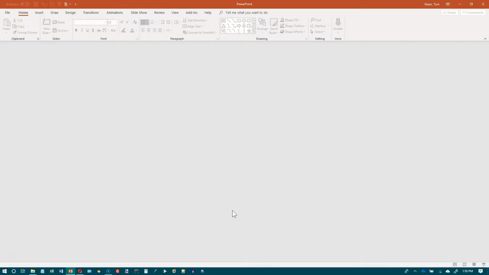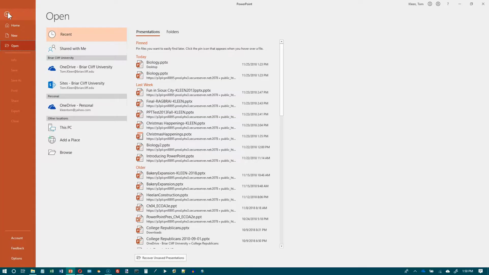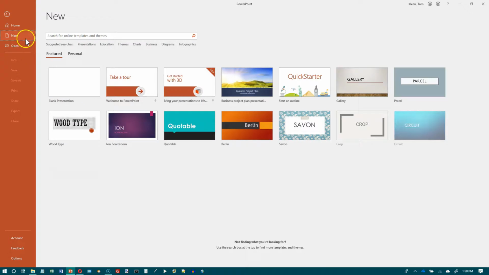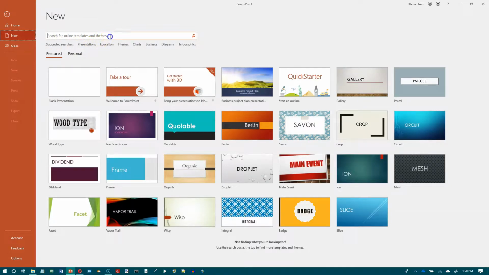In this video, we're going to take a look at how bullets and numbering work in PowerPoint 2016. So let's go get a file to play with. I'm going to go to File, New, and we are going to do a search for Business